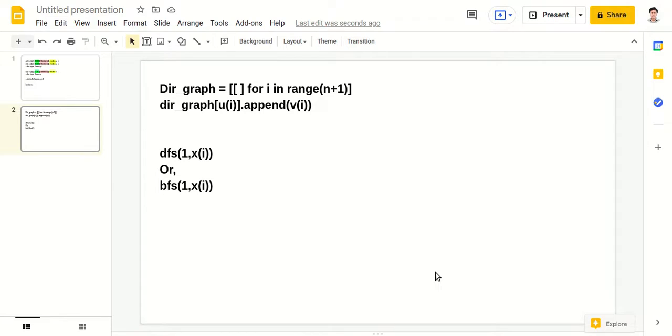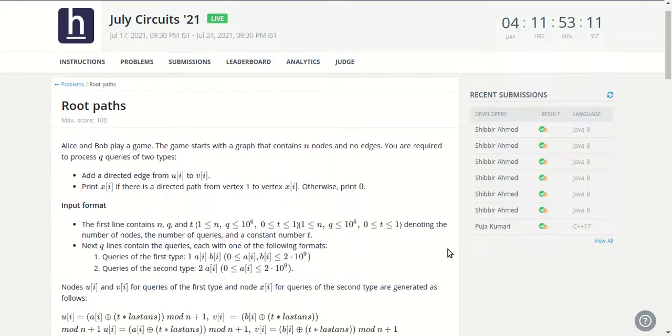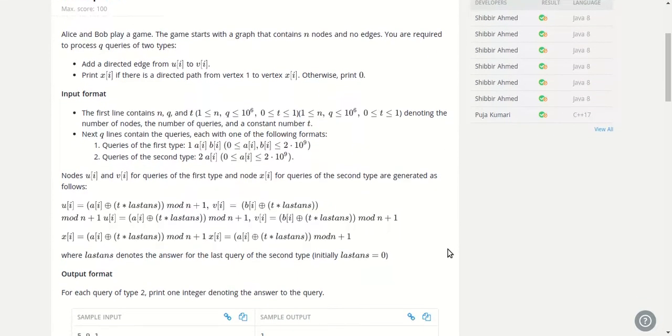And if it exists, then we simply return the value. Simply print the xi, and if it is not there, then we'll print 0. Okay. Yeah, so I think this will solve the problem.